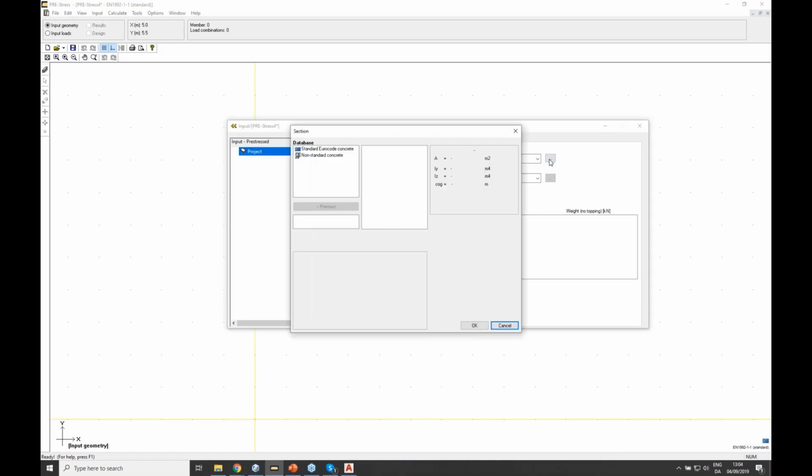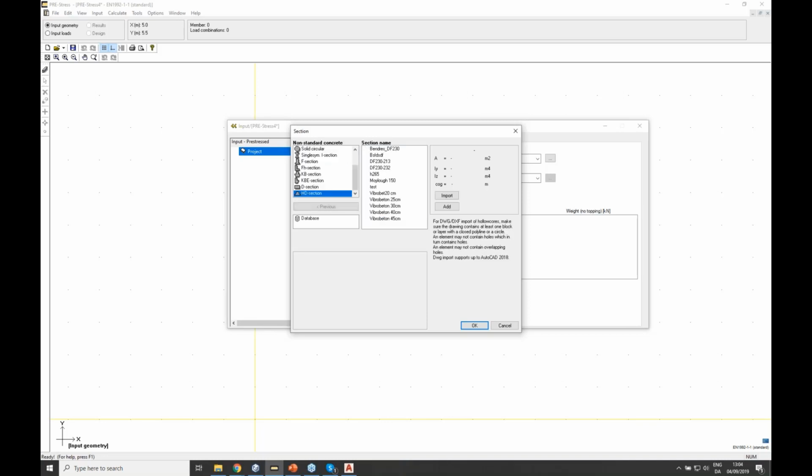For this, I'll go to this section database, and here's where I have all of my sections. PreStress can be used not only for hollow core design, but for pre-stressed elements in general, which are beams and hollow cores. So I have a library of predefined profiles, and I have the possibility to also define my own cross-section. And for hollow cores, I will use the function called import. Now here is where I import a